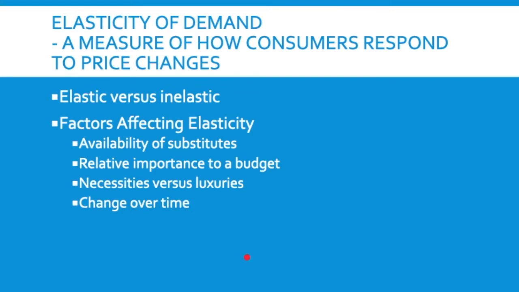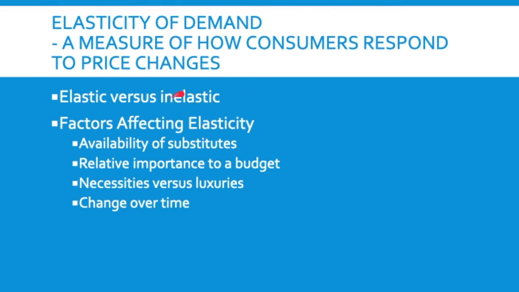And then change over time. Sometimes demand might change less in the short run and more in the long run. For instance, think about if the price of gasoline went up, and we're talking about your demand for electric cars. The price of gasoline is going up, and demand over time would probably change for electric cars. But in the meantime, your demand would probably be fairly inelastic for gasoline cars because you might take a couple of years to really decide that you want to make a shift over to electric cars. So the overall demand for regular cars would probably stay inelastic.